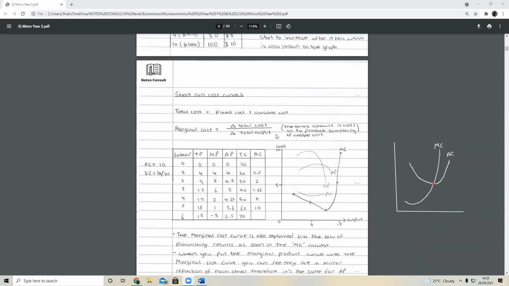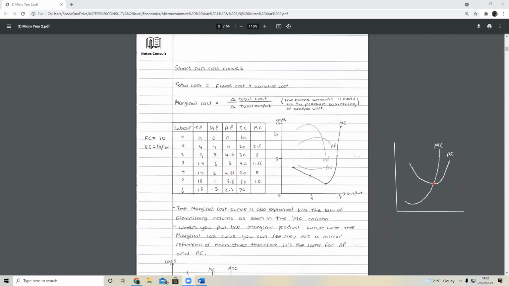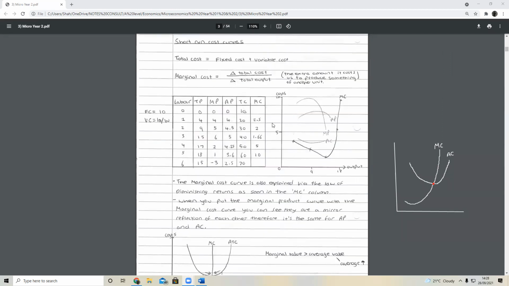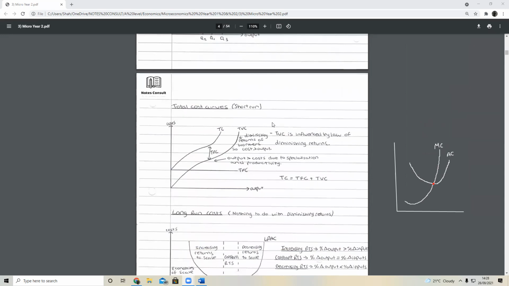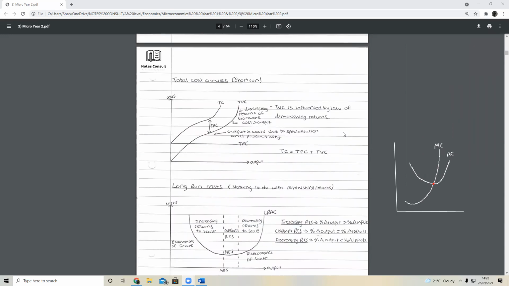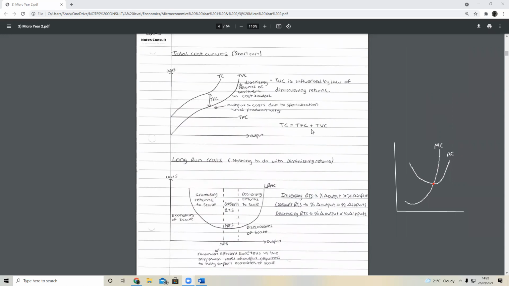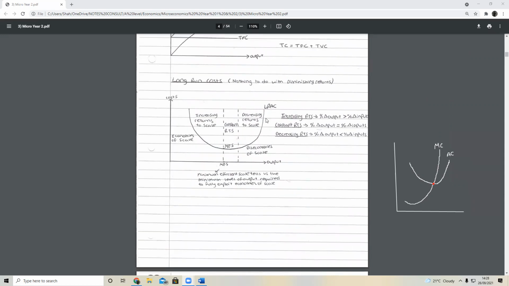So again, if you don't understand it, I advise you to look back at the video. Just keep looking back at it, and you will understand it eventually. I didn't get this stuff the first time either. You always have to look back at it, and you'll realize yourself if you look at the pattern. This we don't need to know. We just need to know the formula: total cost equals fixed cost plus variable cost. This we do need to know.